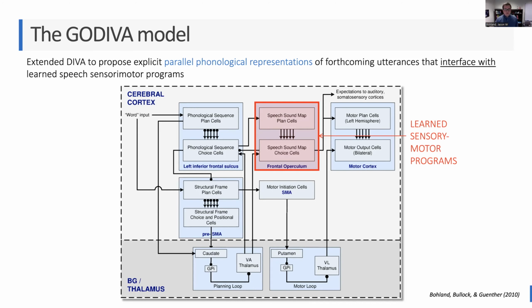But what we added to the model are these two parallel phonological based representations of forthcoming utterances. So this kind of followed from psycholinguistic traditions in a la Gary Dell or Stephanie Shattuck-Hufnagel, thinking about speech as being composed of more abstract kind of frames and content that fills those frames. So there's a lot of data to support the idea that there is